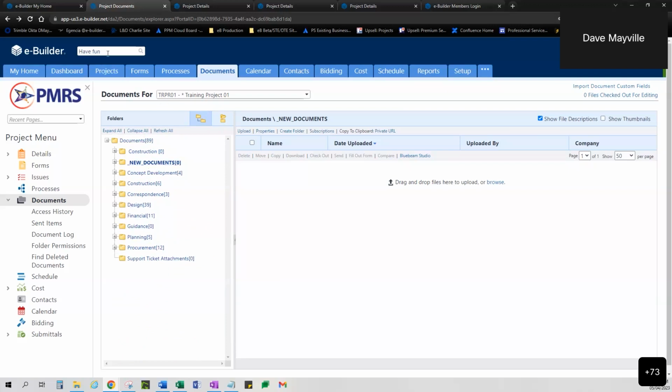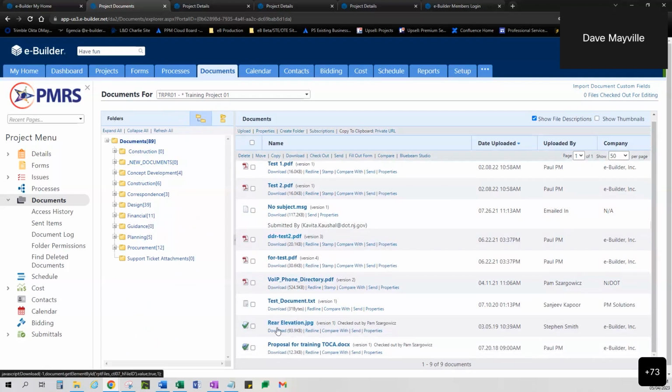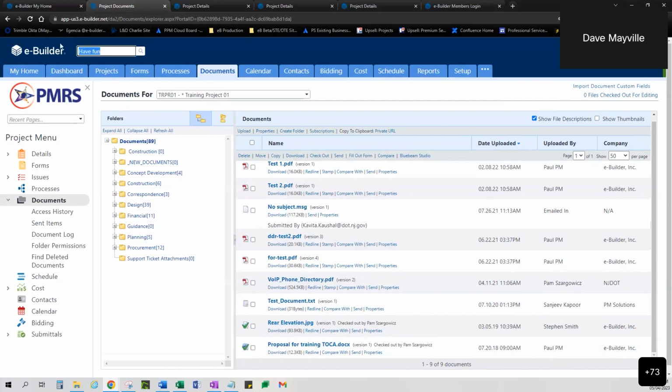Now I mentioned up here is good, but it's not super effective, because let's say I'm going to go into my documents here, and just for our purposes, look at this file here. It's called rear elevation. Obviously, this file is in this project associated with this folder, rear elevation. If I come up here to my search bar and I type in rear elevation and click search,